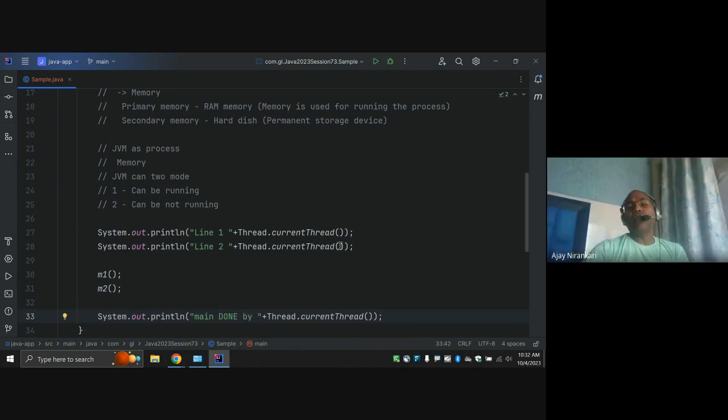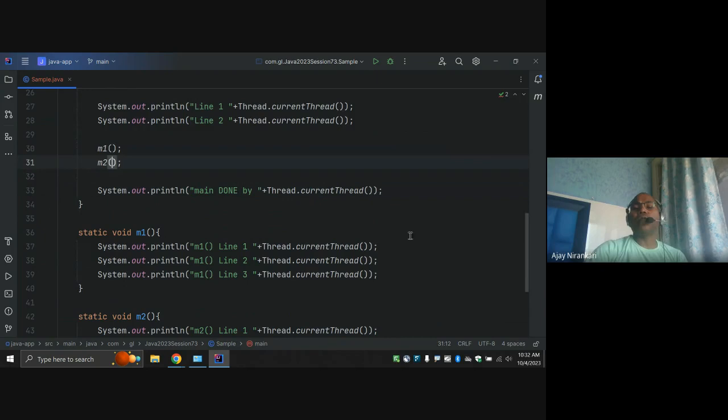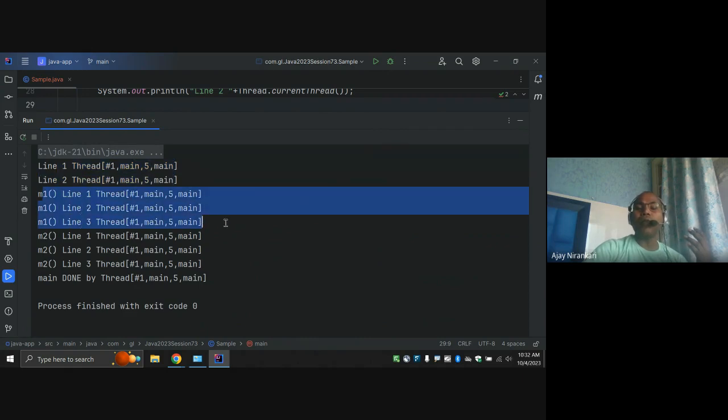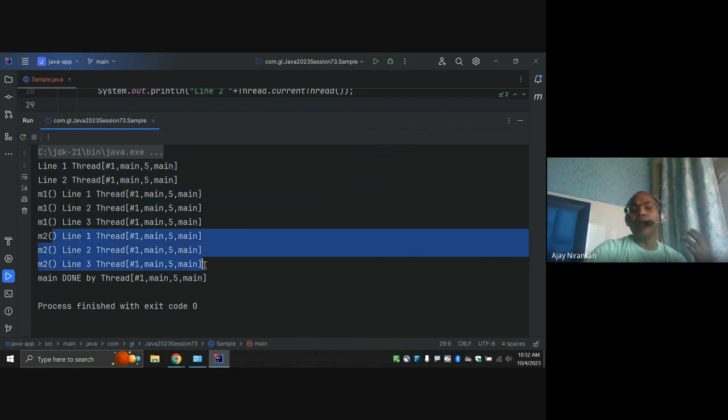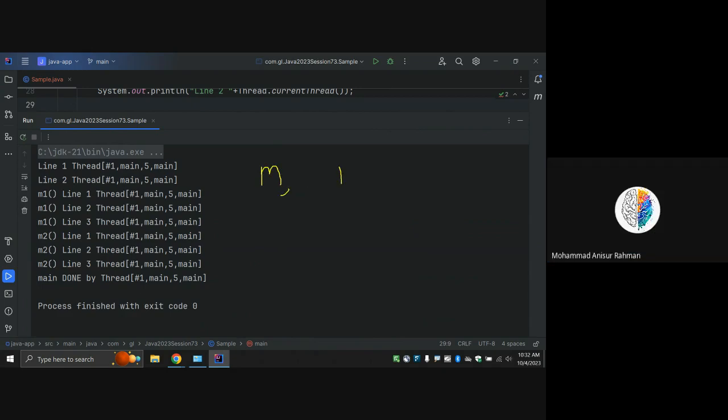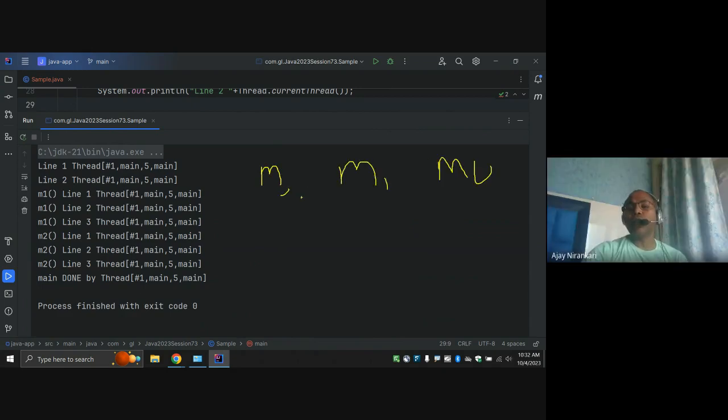So till now, whatever methods you are writing, method one, method two, by the default nature of our Java application they are run by a single thread. That thread is known as the main thread. Notice line one is read by the main thread. Even method M1 is also read by the main thread, M2 is also read by the main thread, and then it says done. Your main method starts, then the code jumps to M1.